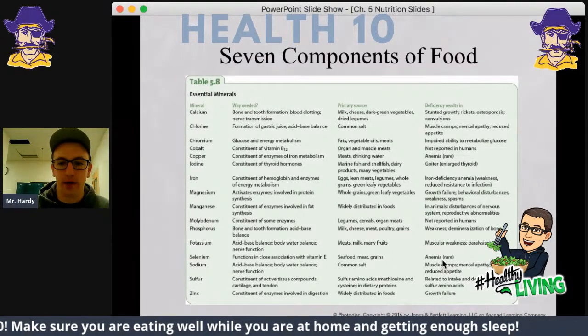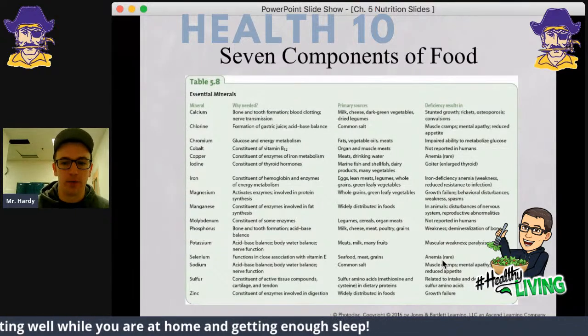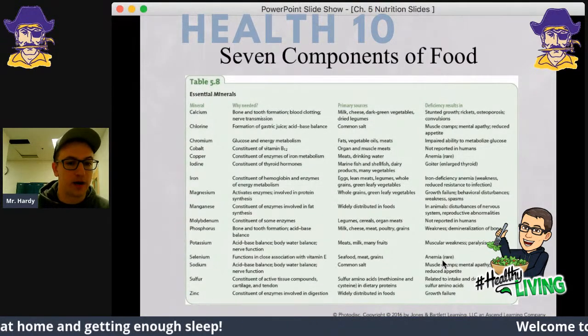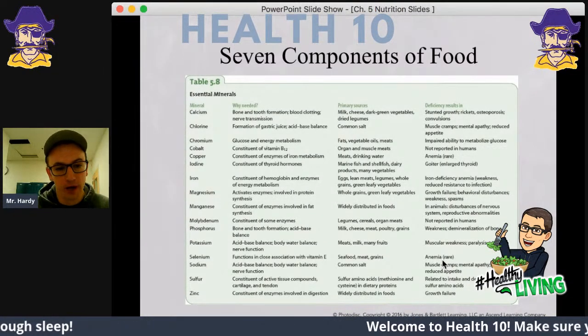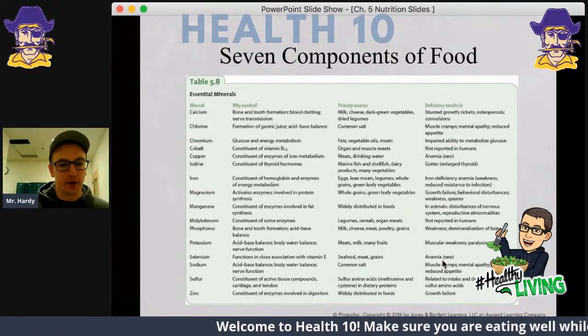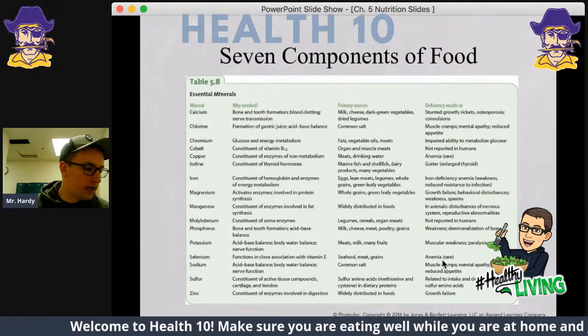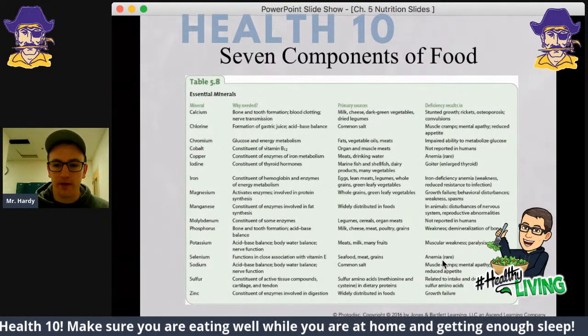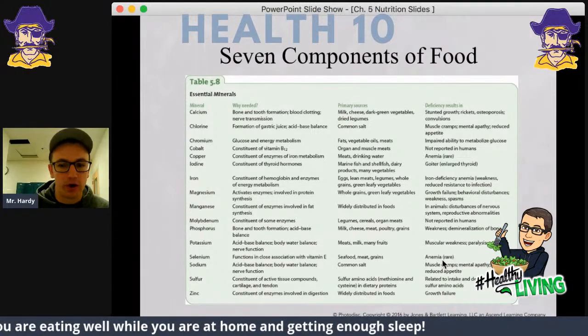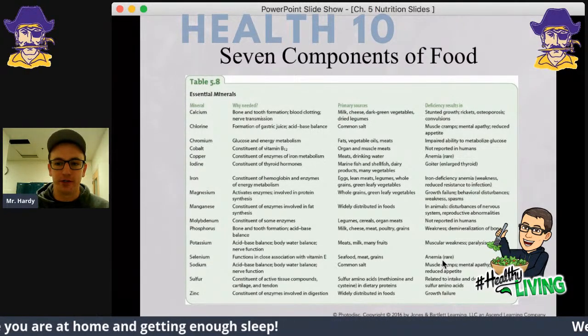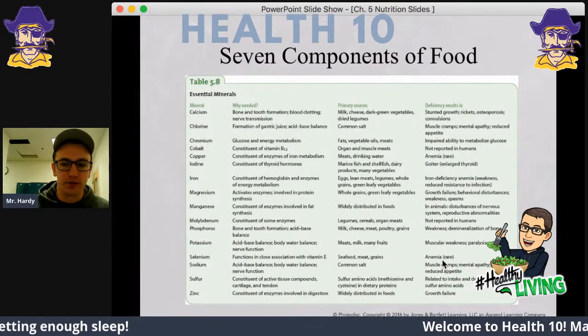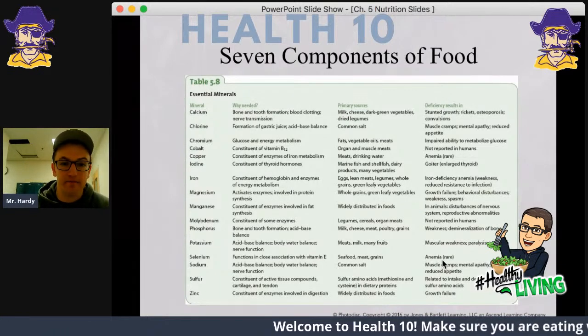Iron, we need for the constituent of hemoglobin and enzymes. That hemoglobin is part of your blood. That's why if you don't have enough iron, your blood doesn't clot as well, and that's why you can't donate blood. So you can find it in eggs, lean meats, legumes, whole grains, green leafy vegetables. Iron deficiency causes anemia, weakness, reduced resistance to infection. So again, we're talking about